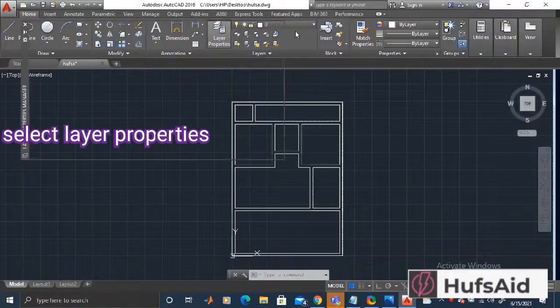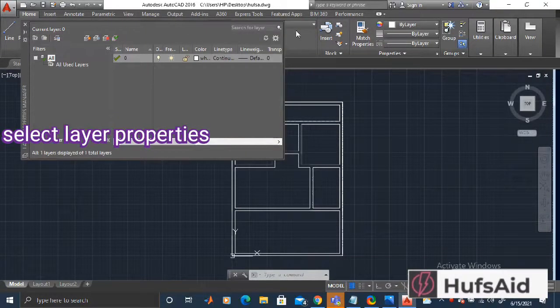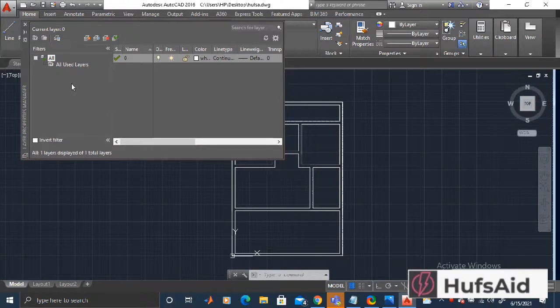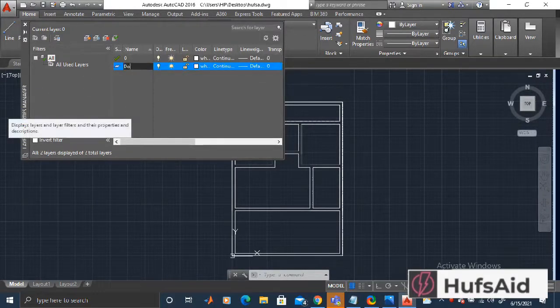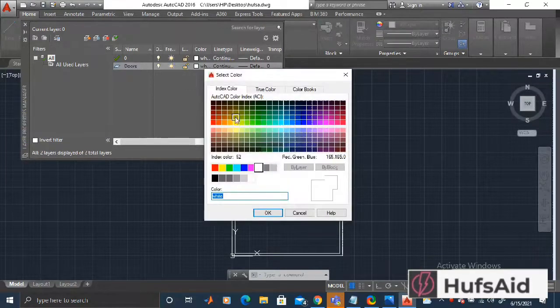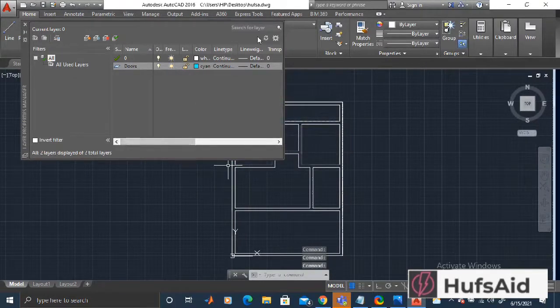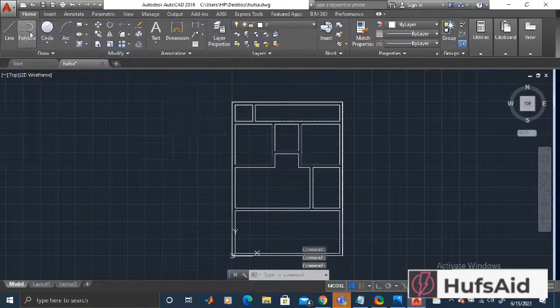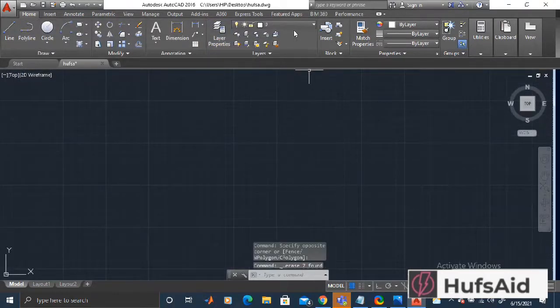Now make a new layer, and I am going to give it a name of doors. And let's select the color that would be visible in black. So I think blue would be visible. Now let's select this layer